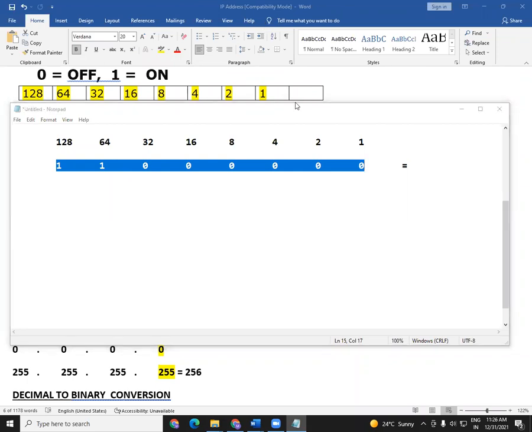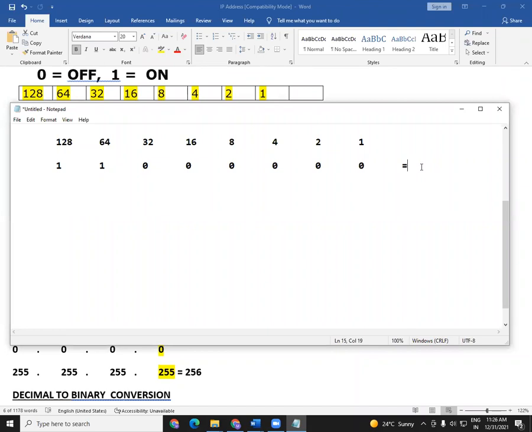So as of now, I can say I have taken totally 8 bits. When I say 8 bits, a bit will be either a 1 or a 0, right? So I can take all ones, or I can take all zeros, or I can take a combination of ones and zeros. This is the first example, a very basic example we are learning now. So I have taken 1, 1, 0, 0, 0, 0, 0, 0. I have taken totally 8 bits there. So how to convert this binary number into a decimal number? Like I said, wherever there is a bit as 1, that bit is on, and wherever there is a bit as 0, that bit is off. So how many bits are ones here?